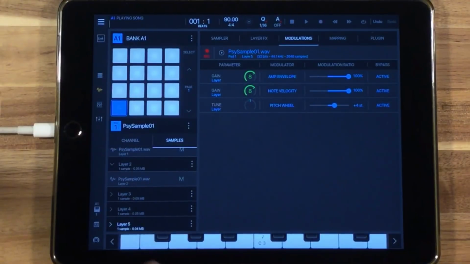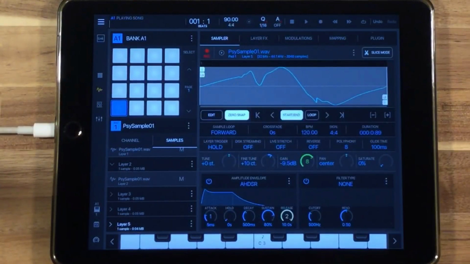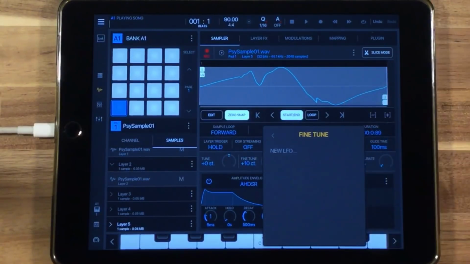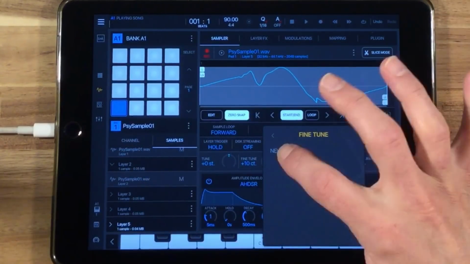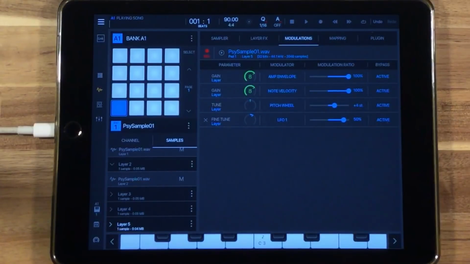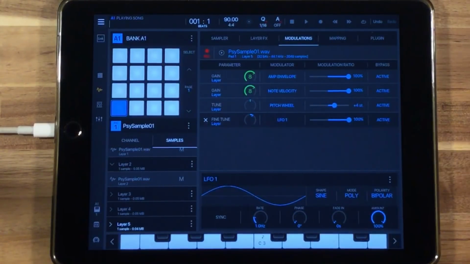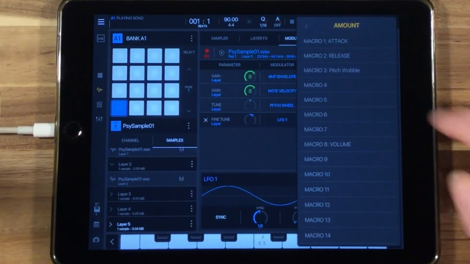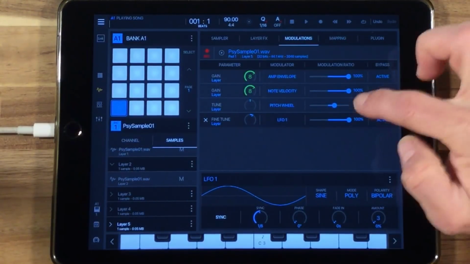Okay, one more time. Layer 5 on the sampler, double click fine tuning. Modulate that with an LFO. It's a new layer, so it's a new LFO. On the modulations tab, we'll turn this LFO to 100%. We'll sync it. Going to go to 1/8. Double click the amount. Put that on macro controls. Put that to the pitch wobble